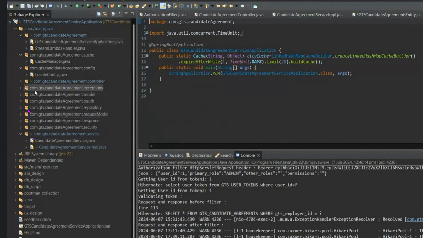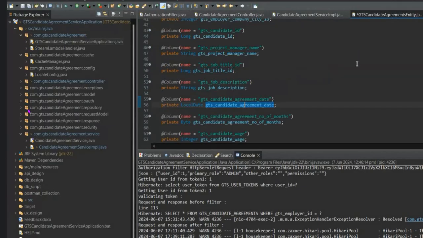For example, the candidate agreement entity is the main database used to store the